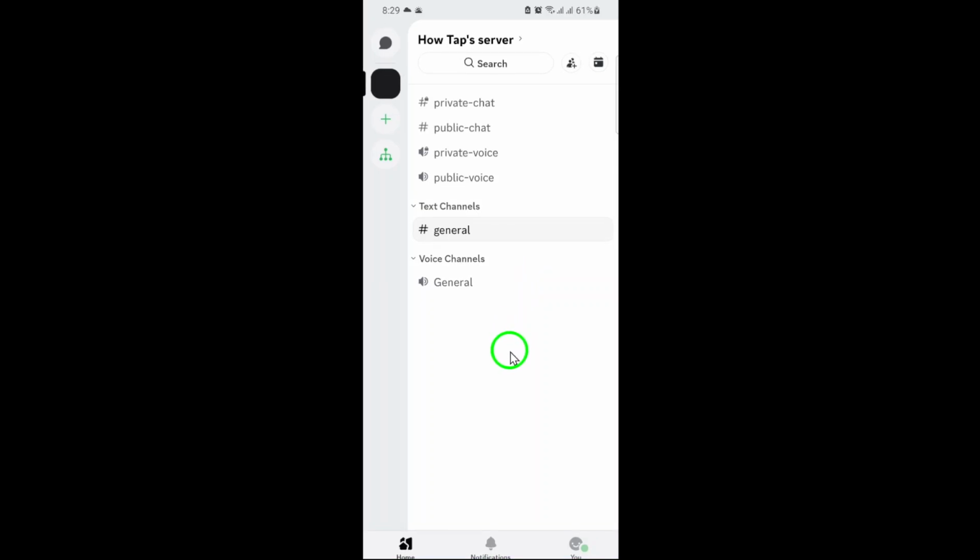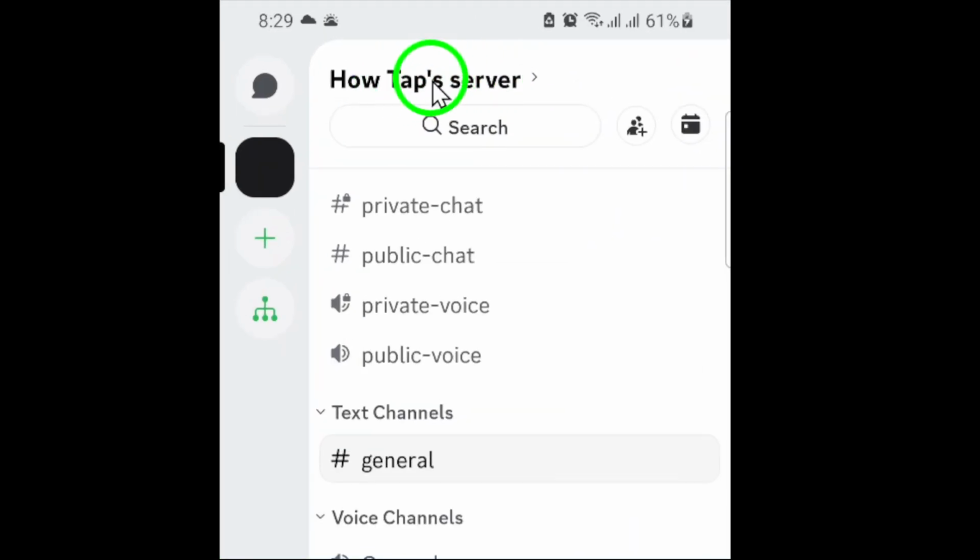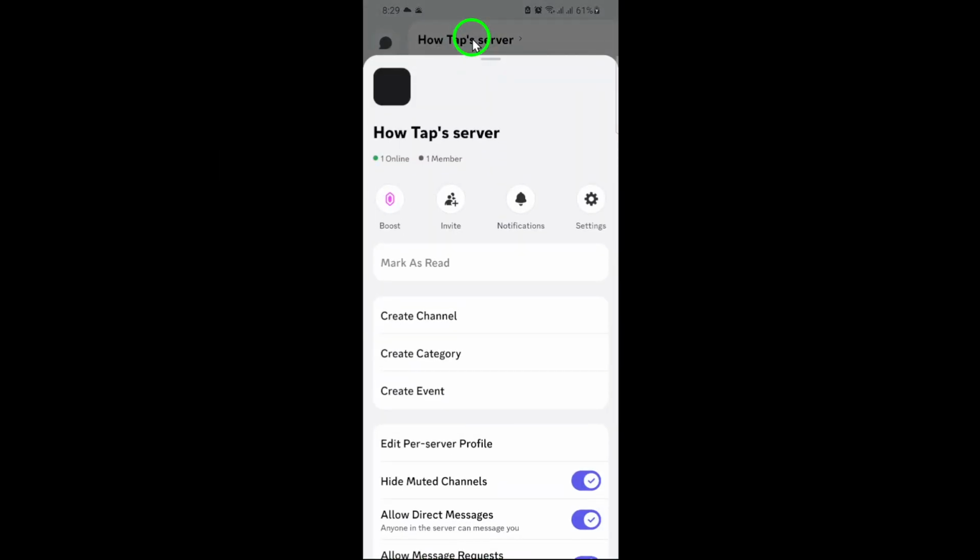Once you're in, take a look at your server list on the left side of your screen. Find the server where you want to stop receiving message requests and tap on it. Now that you're inside the server, look to the top of your screen. You'll see the server's name right there. Give it a tap. This will open up the server settings menu, where you can adjust a variety of options